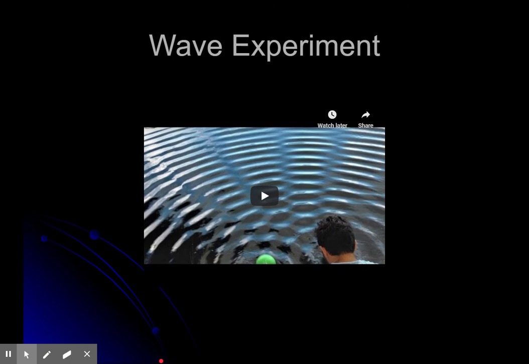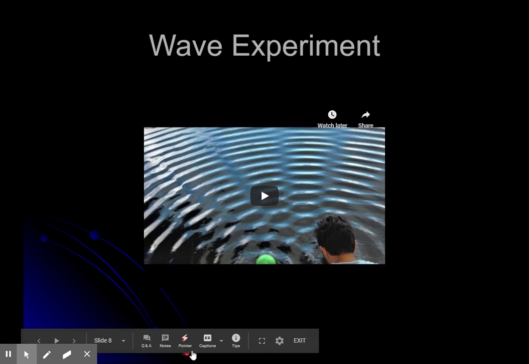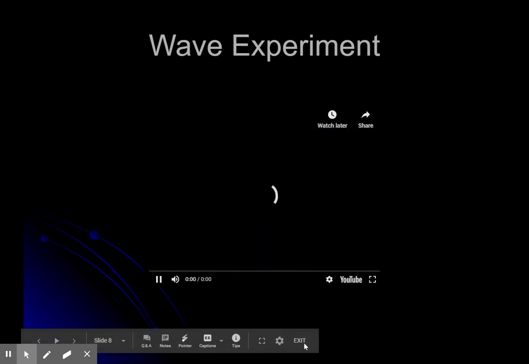Light as a wave, we used the double slit experiment. And this is where we put a wave and made it go through two slits in a wall. This video is a piece of a larger one, but it does a really nice job of explaining the double slit experiment and what you can actually see. So we'll watch this for just a second.